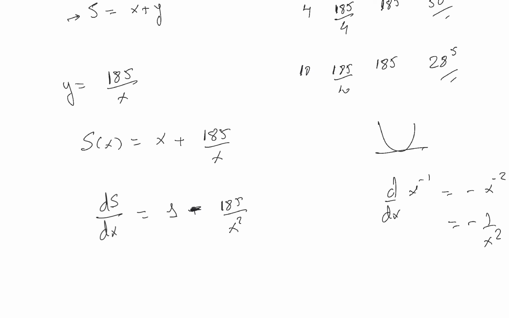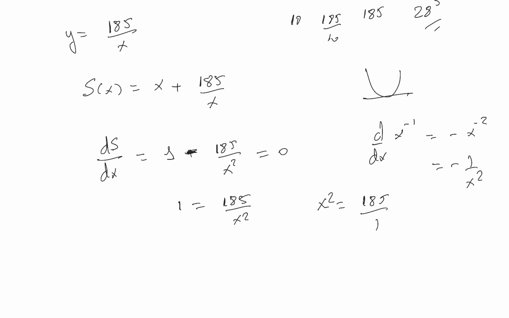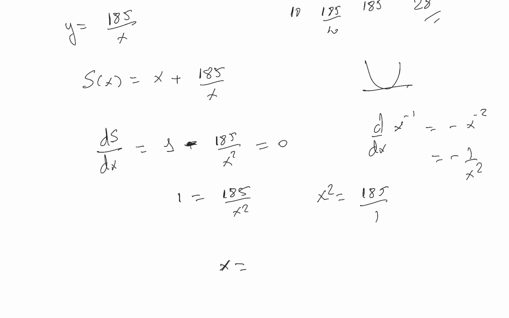And I want the derivative to be 0. This will happen when 1 is 185 divided by x squared, or when x squared is 185, or when x is the square root of 185, which is approximately